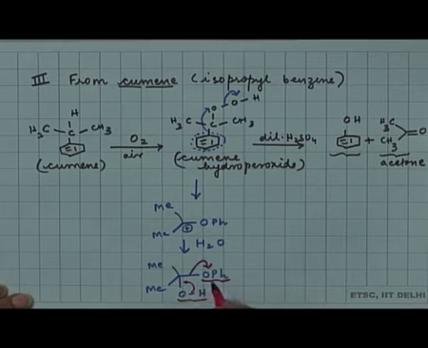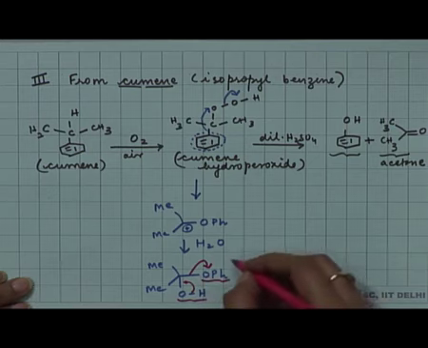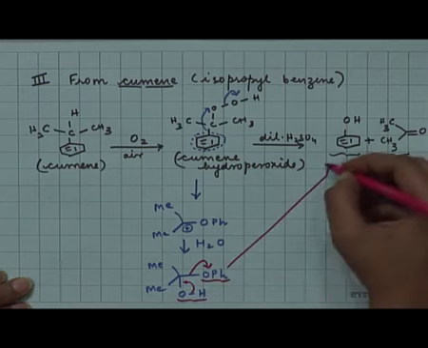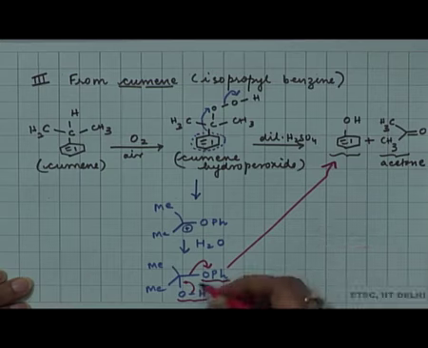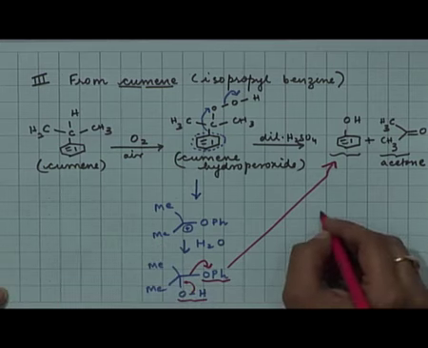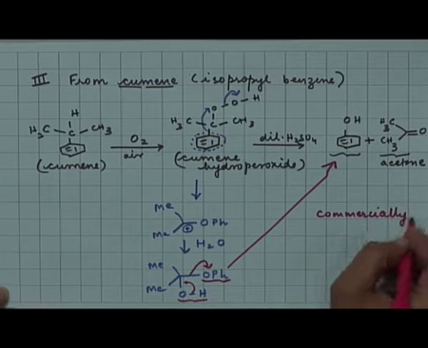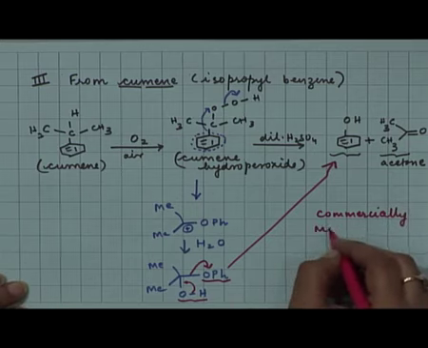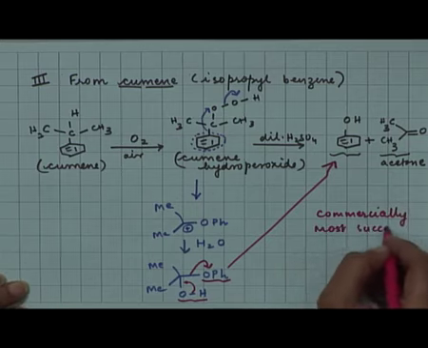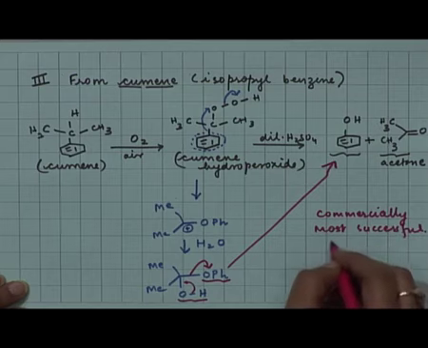So, this leaves, and from here this is what you get, the phenol and formation of acetone. This reaction is a commercially successful process of making phenols. This is the most commercially successful method of making phenols,